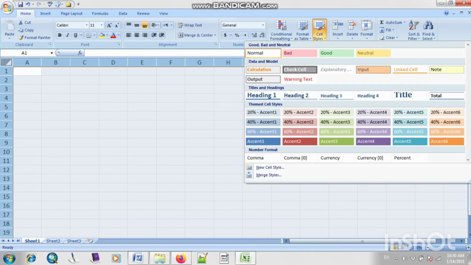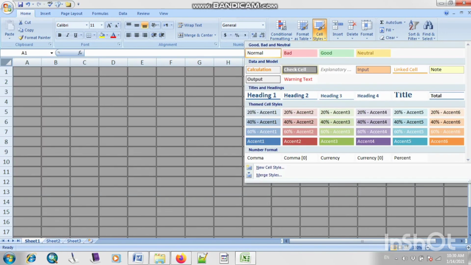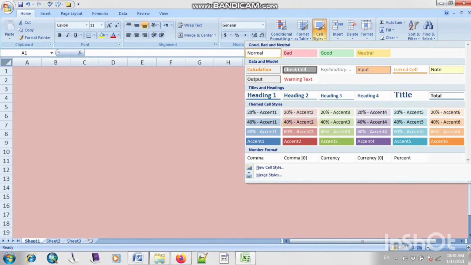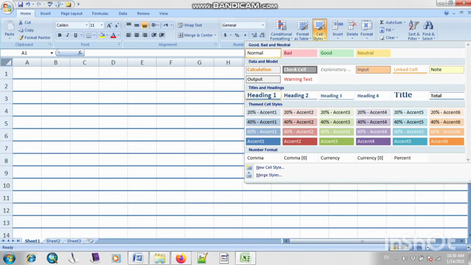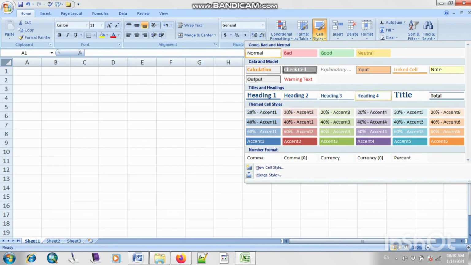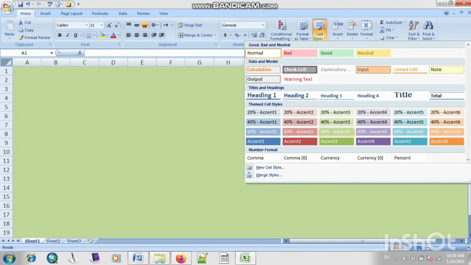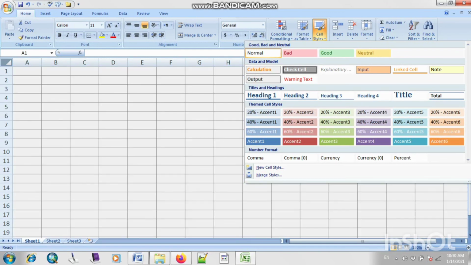Click on this option of cell style. So as you can see, your cells are converted into different styles. You can choose any option from this. Like if you want to highlight in different colors, then you can use it. If you want it in black, then you can also use it. Let me use this one right now.